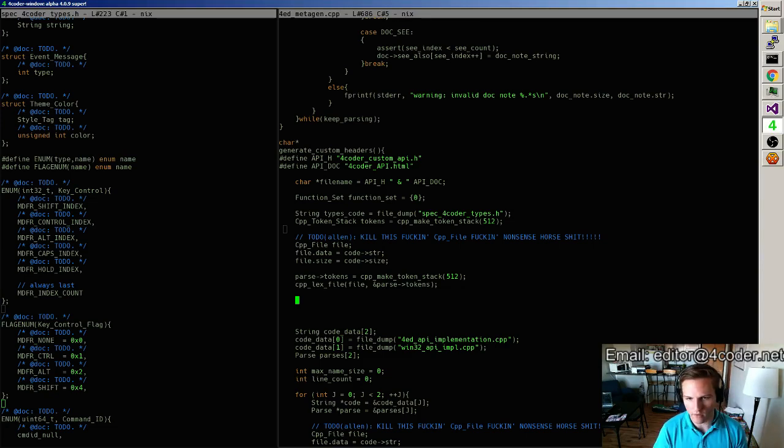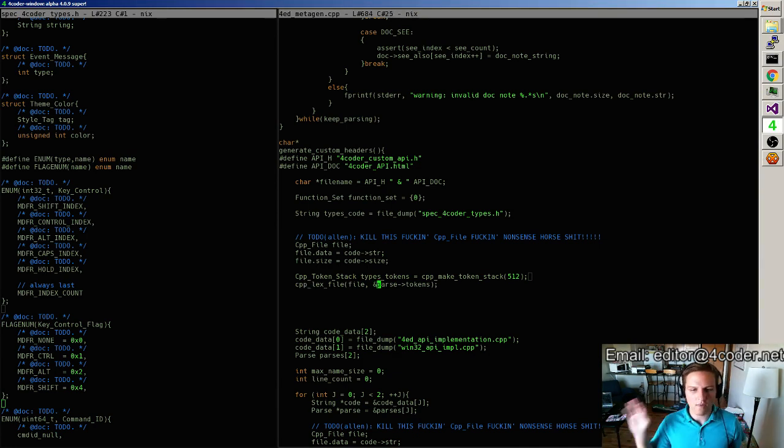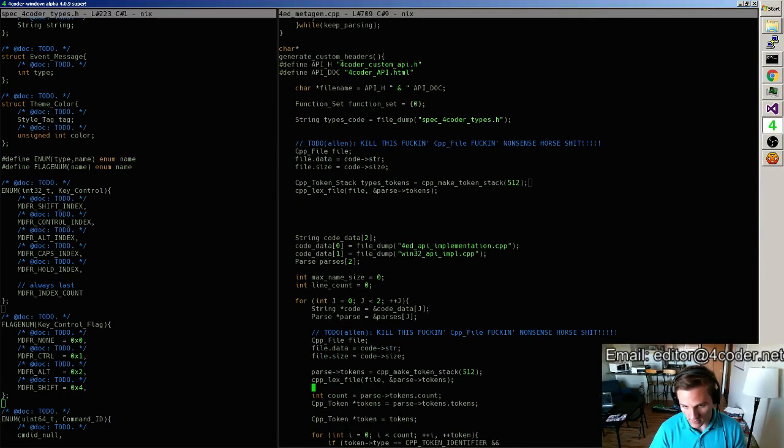But that's okay. So then, I blah blah blah. This is going to be the types tokens. Types tokens equals make that stack. Okay, so let's just put you right here, actually, and then CPP lex file lexes the whole thing. If it runs out of memory, it mallocs more. It's great. So that means I now have